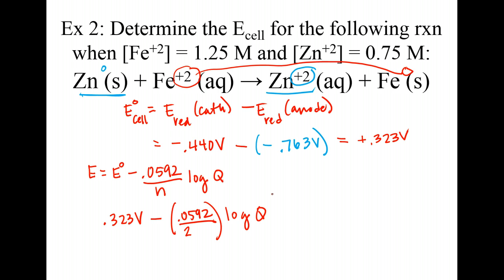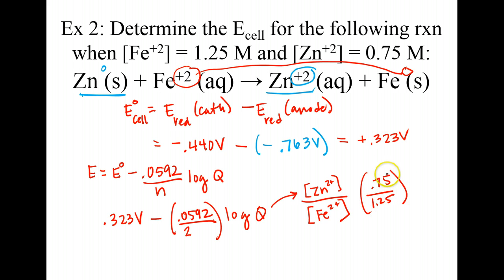And when we set up our Q, remember, anytime you're working with equilibrium, we exclude solids and liquids. We can only work with gases and aqueous. So in this case, if we do products over reactants, it would be the concentration of zinc ions, zinc +2, over the concentration of iron +2 ions. So Q would end up being 0.75, that's zinc, over 1.25. So if you plug that in for Q and go ahead and solve this